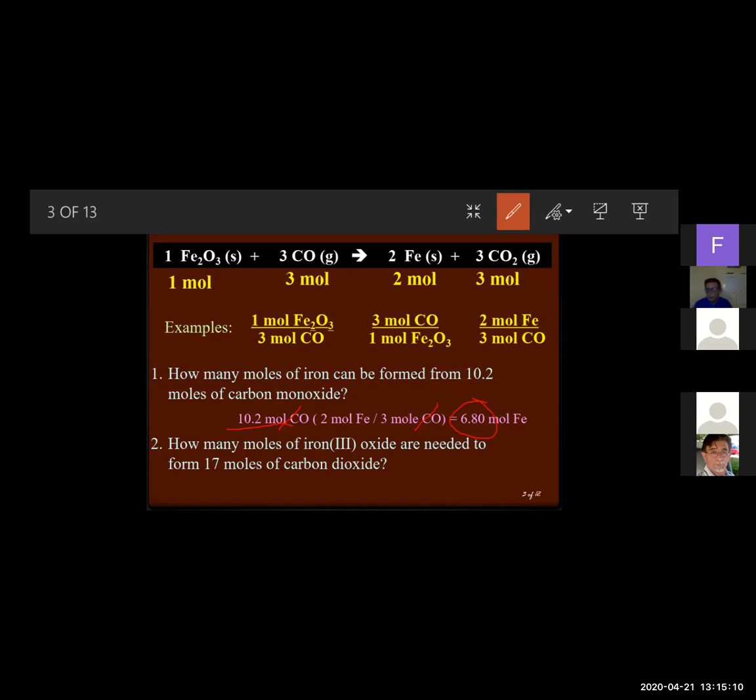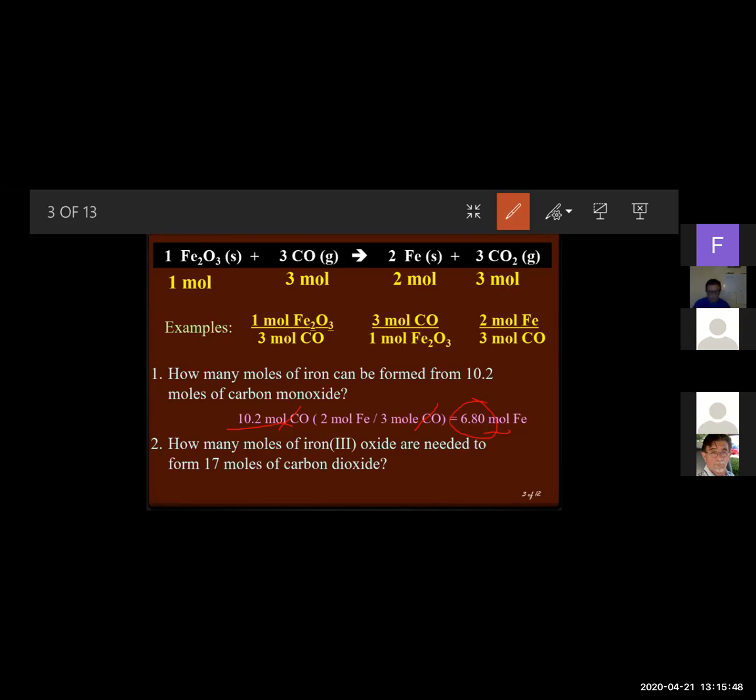Now, remember I mentioned that when we want to go from A to B, and this is what we're doing, A being iron, B being carbon monoxide, we have to go through moles to get from that point. That's our unit that everyone can relate to as far as reactants and products. Once we're at moles, by picking up the molar mass or the atomic weight, we convert it to grams, and hence we have a weight. So keep that in mind.